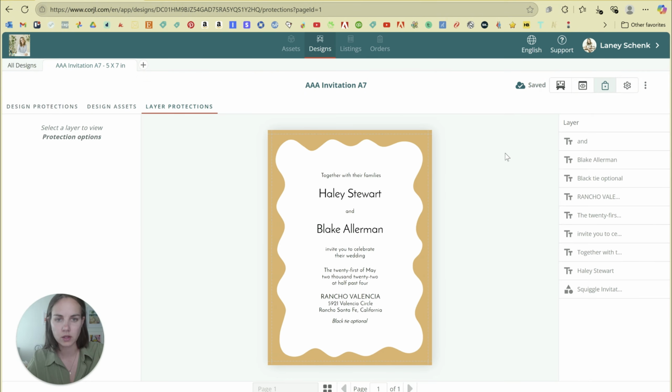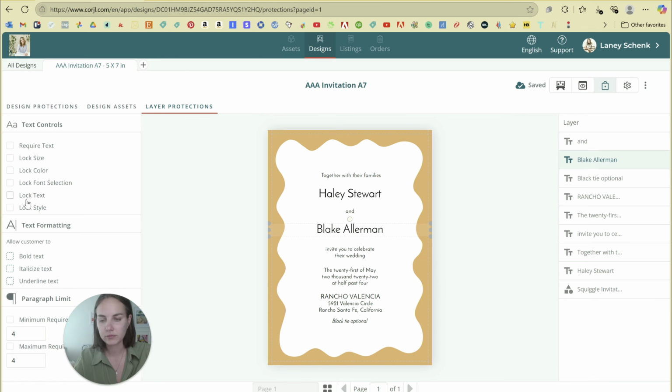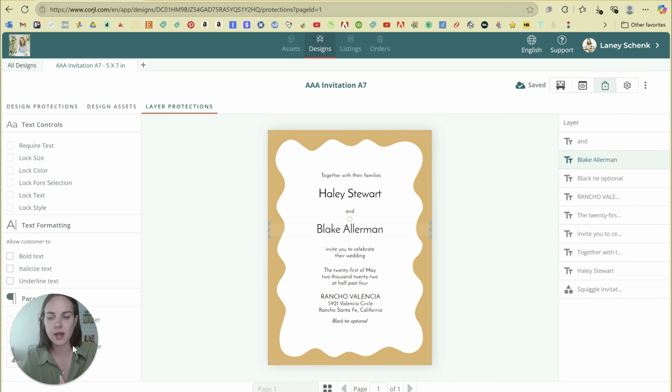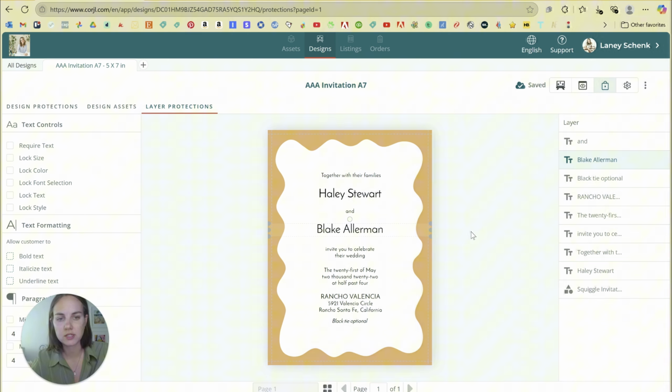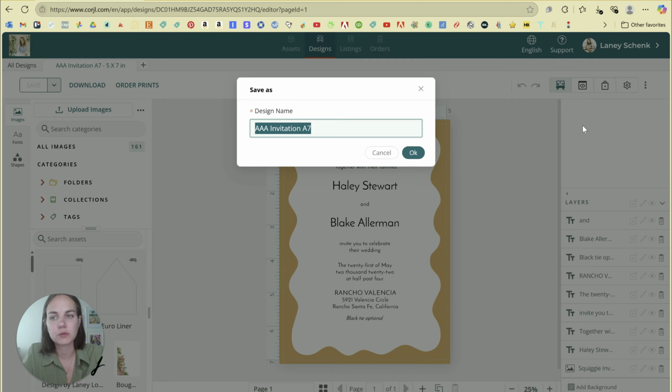So you can lock a layer if you wanted to, require text if you want to make sure that they're going to design in such a way that's going to give them the best product. I think we think of protections as limiting for them, but I think protections are setting non-designers up for success with their designs. So with these templates, I'm always just going to go in here and click duplicate design because